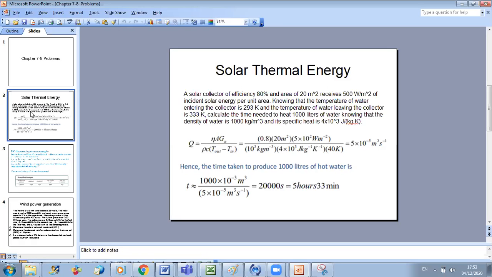Okay, so a solar collector of efficiency 80% and area of 20 meters square receives 500 watt per meter square of incident solar energy per unit area. Knowing that the temperature of water entering the collector,